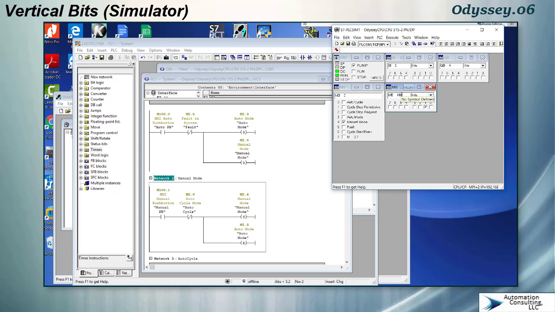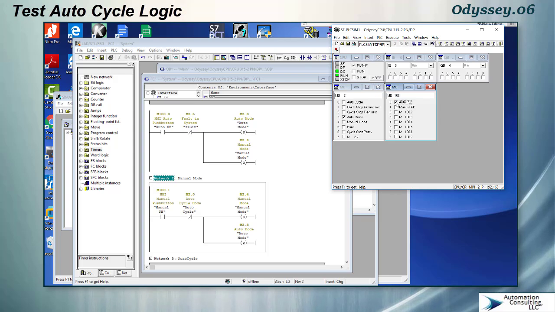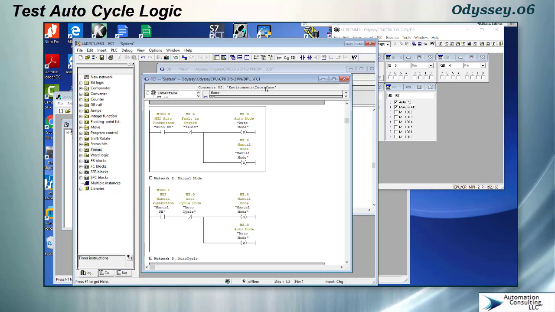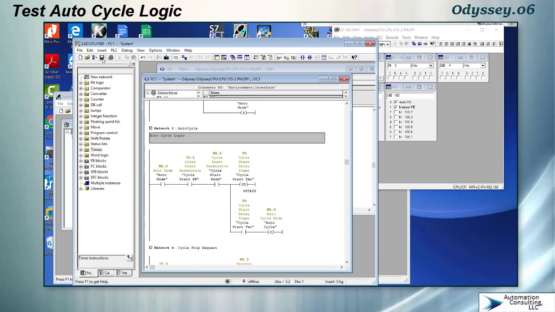This only does a byte at a time. Oh, that is not a vertical bit. Let's put a vertical bit in there. And MB100, and you can see my auto and manual push button. I'm in manual mode here. If I push my auto push button, I go into auto. If I push my manual push button, I go into manual. I can also monitor, provided my project is saved properly. We'll save it